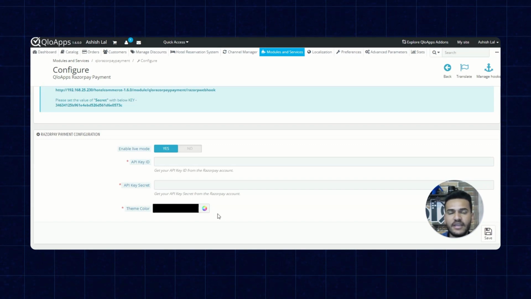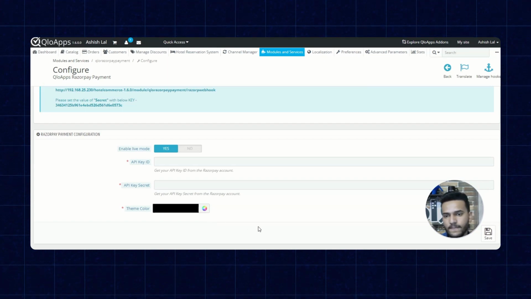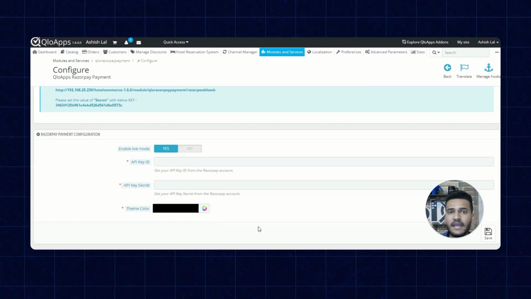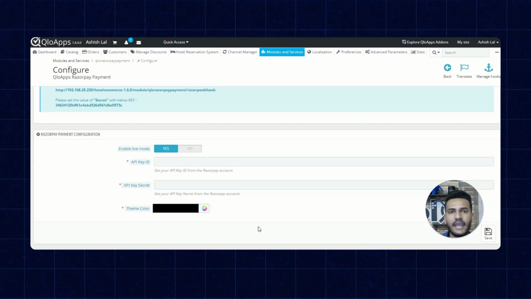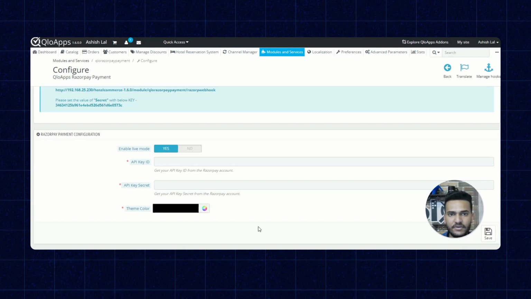Using this option, we can set the theme of the Razorpay Payment Gateway module. By using this theme color, we can change the color of the payment gateway interface available on the booking website. As of now, it is black. Now for the next step, let's see how we can create our Razorpay account and then fetch the API details from it.